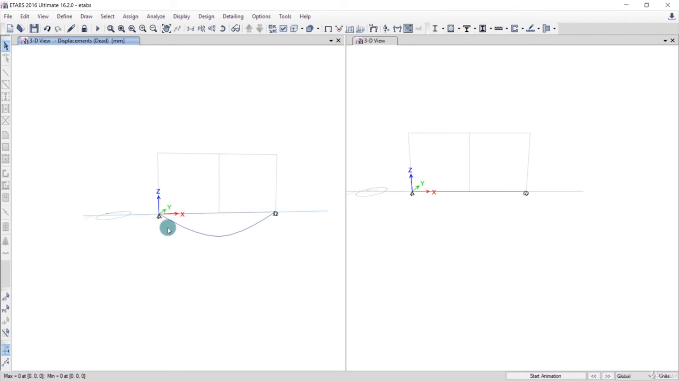After the analysis, you can see the deformed shape of this beam. This is the exaggerated view, because the beams cannot deflect up to this position. If you want to animate, just click on start animation and it will animate. Okay, let's just stop the animation. Let us